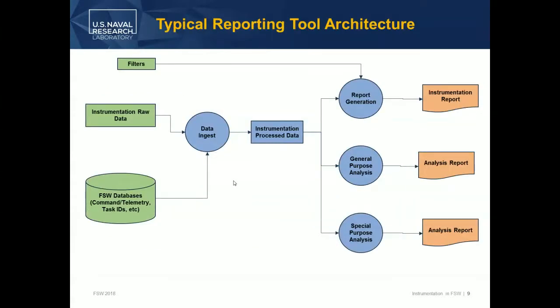Here's just our typical reporting tool architecture. No big deal here, but you can see that we get the raw instrumentation data from whatever backend you've collected it to. We combine that information with our databases to turn the IDs and little bit patterns into human readable information. And then you get your instrumentation that's time ordered with a little bit further information. And then these filters can be used to generate your generalized instrumentation reports and your special purpose reports there. And again, I'll have some examples of that coming up